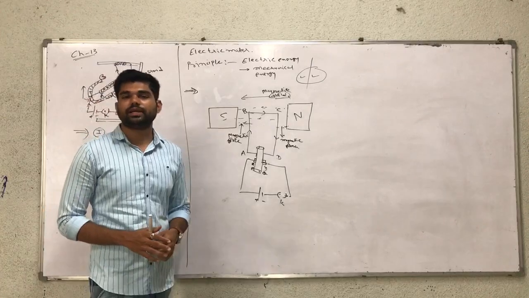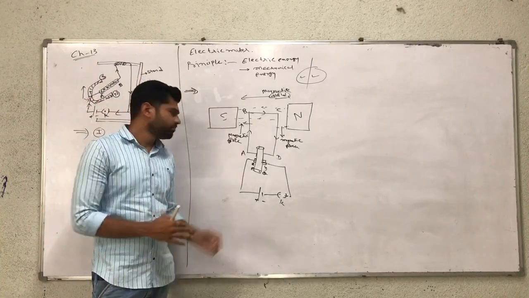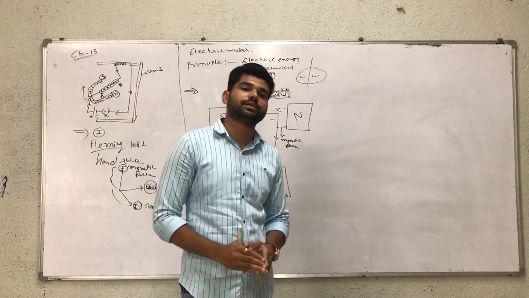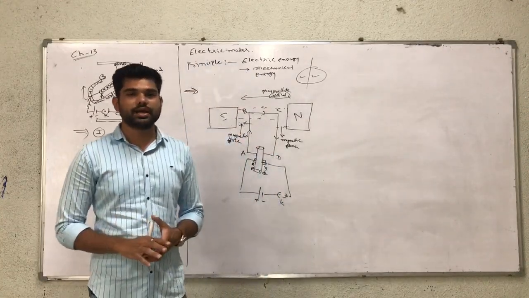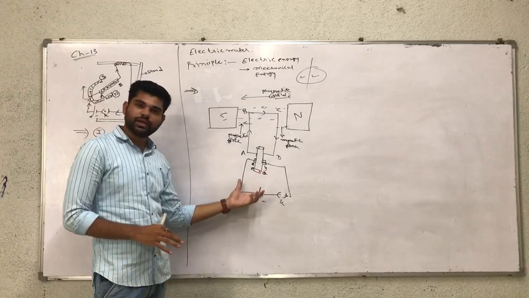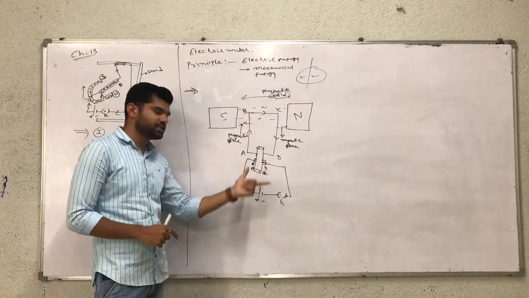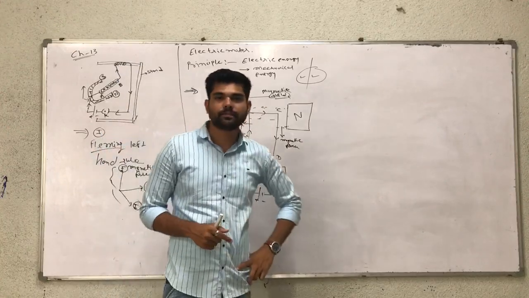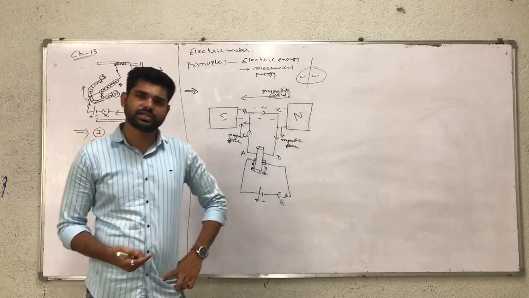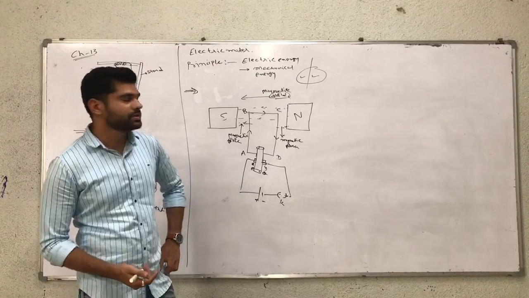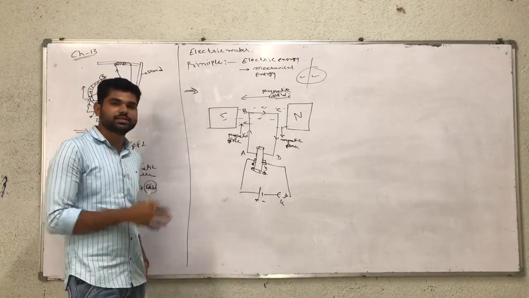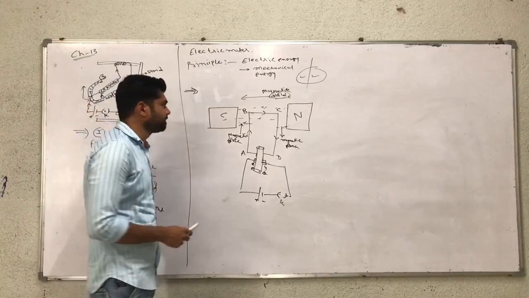Why is the split ring connected? The reason is clear: the direction of current changes after half rotation. In this way, we use the split ring and stationary X and Y brushes. Uses of this theory: refrigerator, MP3 player, washing machine, electric fans, etc. So electric appliances use this principle.